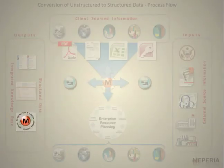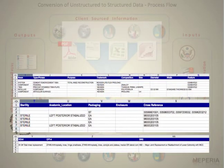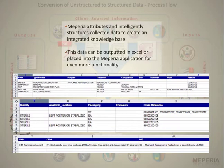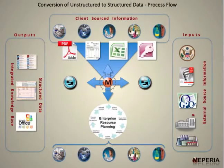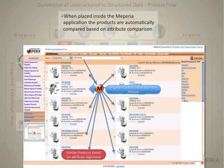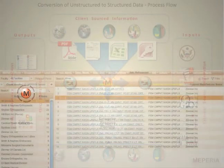MEPERIA then intelligently attributes and structures the collected data to create an integrated knowledge base. This data can be either outputted in Excel or Access, or even placed into the MEPERIA application for even more functionality. When placed inside the MEPERIA application, products are automatically presented and compared based on attribute comparison. And using the advanced functionality that MEPERIA provides, the data can now be formatted to meet the individual needs of